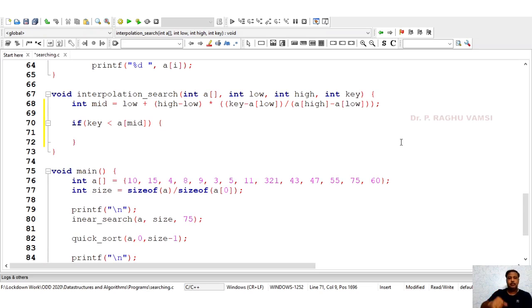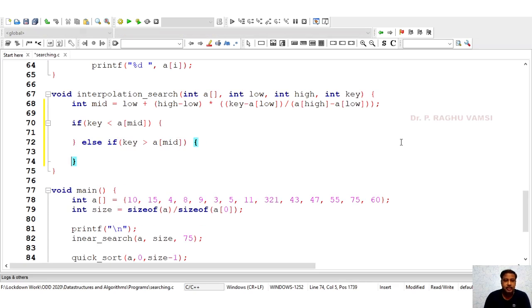Okay, and else if key is greater than a of mid, then low will become the mid minus 1.